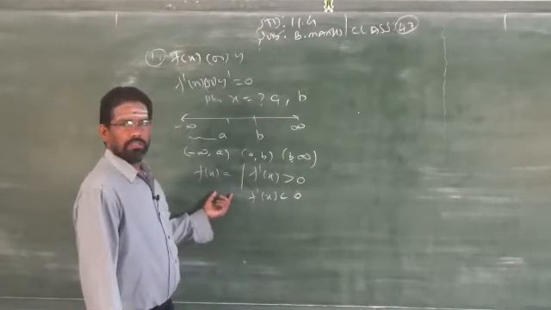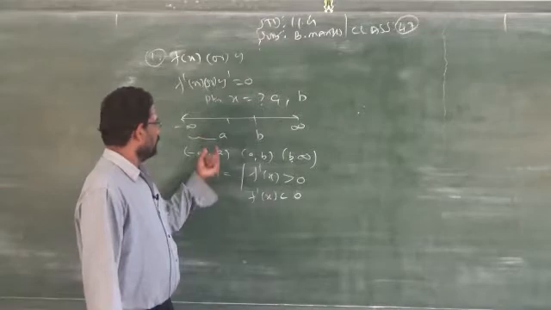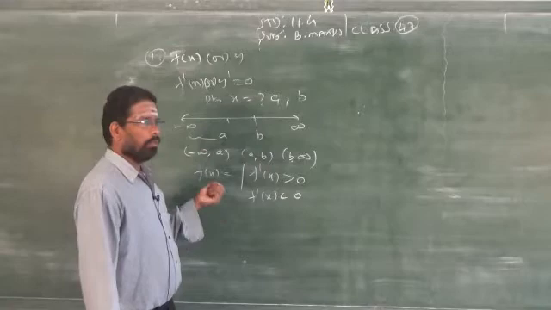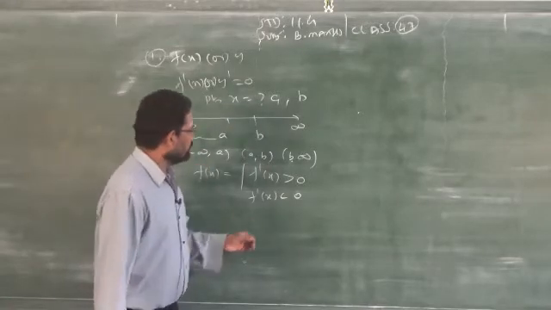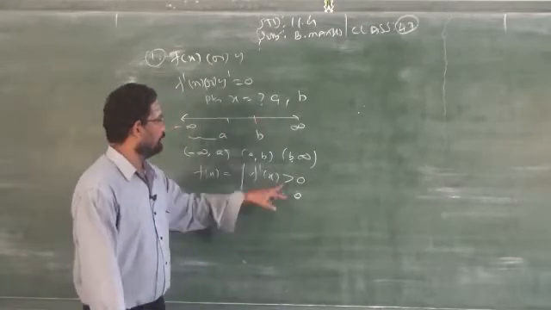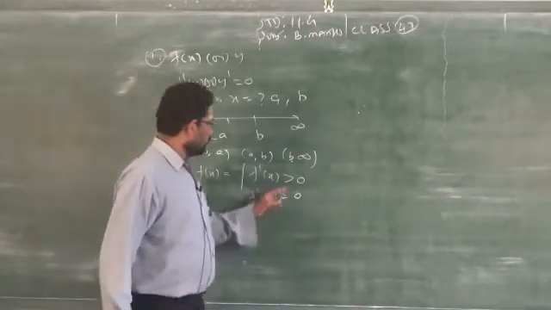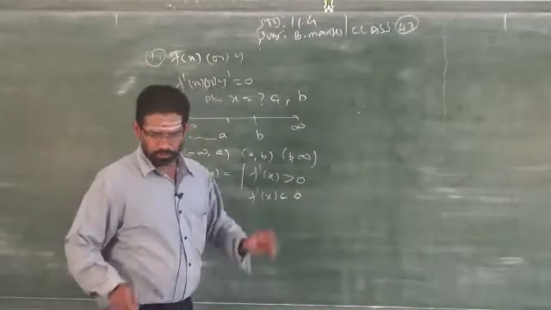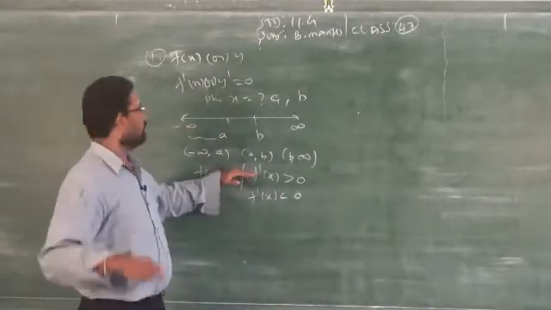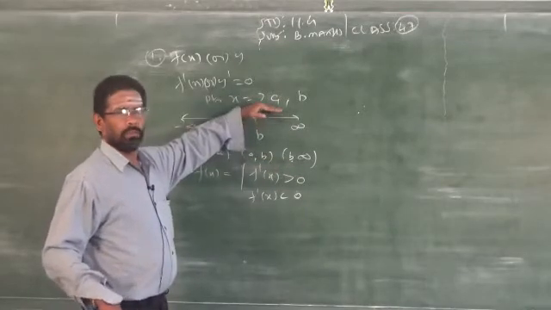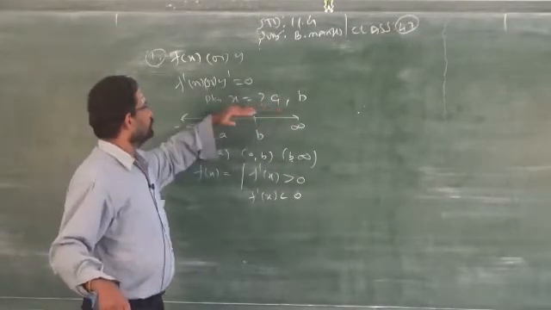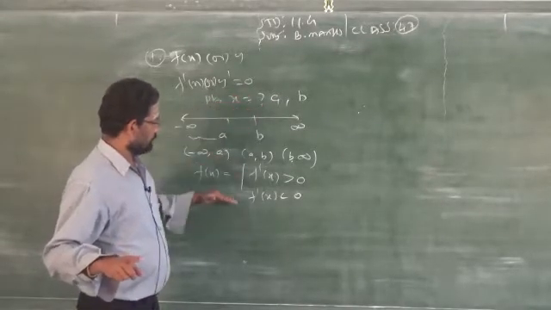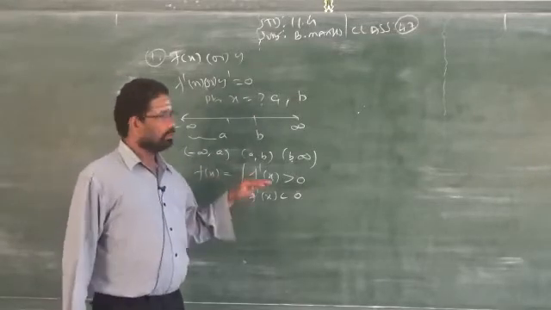Then for f of x, if you replace x by any value from this interval straight away in the question, that is called stationary points or stationary values. Whereas if you substitute the same points, these a and b, in the first order, when the answer is greater than 0, that is an increasing function. When the answer is less than 0, that is called a decreasing function. To find maximum and minimum also, the steps are the same up to here. Clear? To find the maximum and minimum, you follow the same steps up to this, the same as for increasing, decreasing and stationary points. Clear? So this is very important.